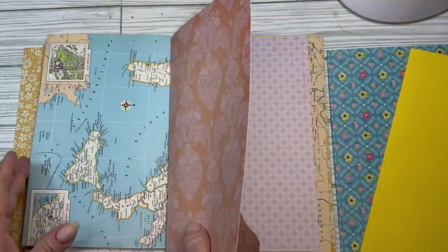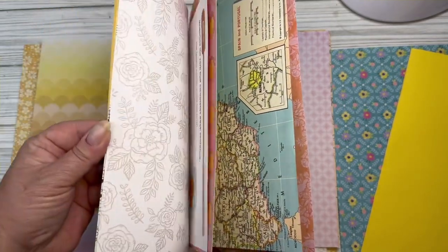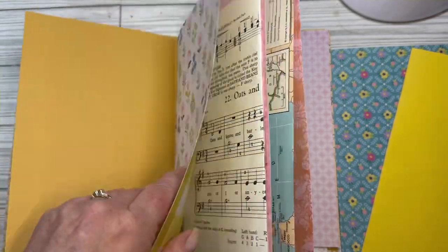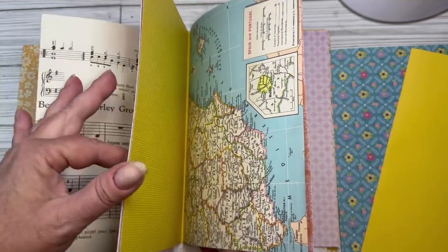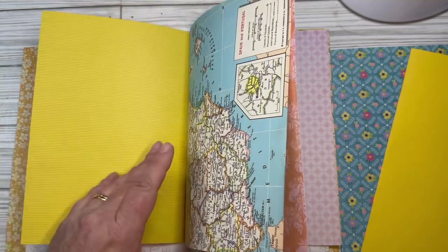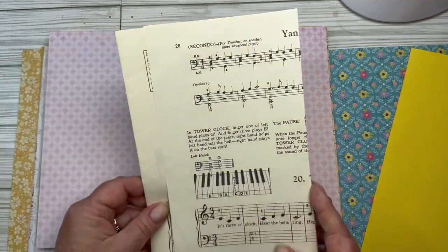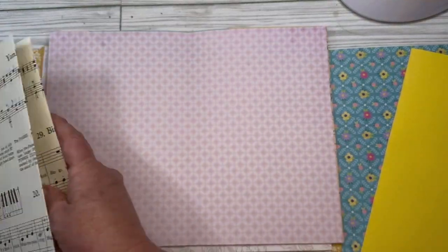I need to alternate if I'm going to try to divide them evenly, because I had 8 scrapbook pages and 8 other pages. As long as I alternate them, we should be right on track. So map page, scrapbook page. Now I need either another map page or